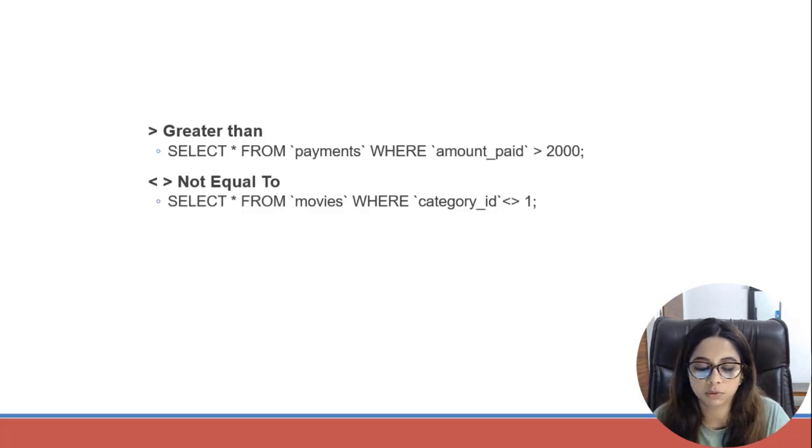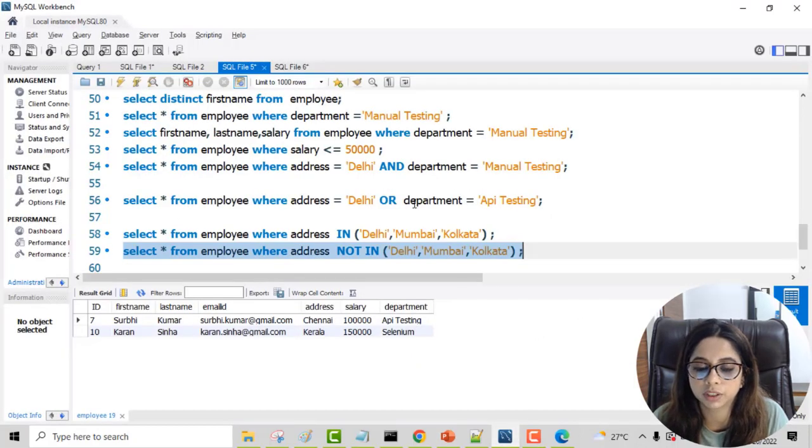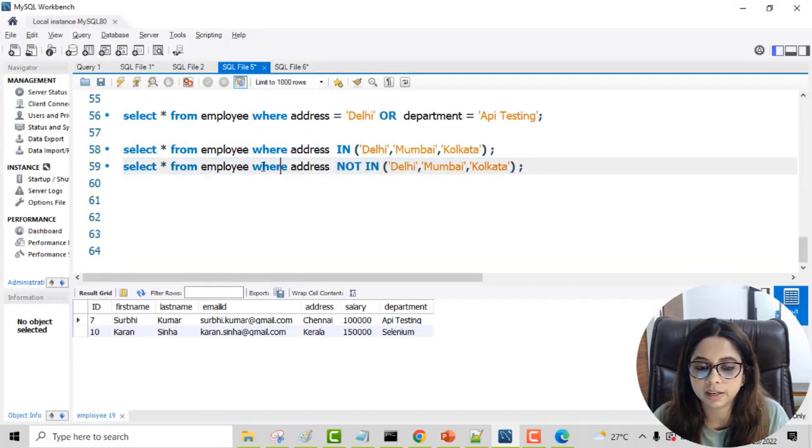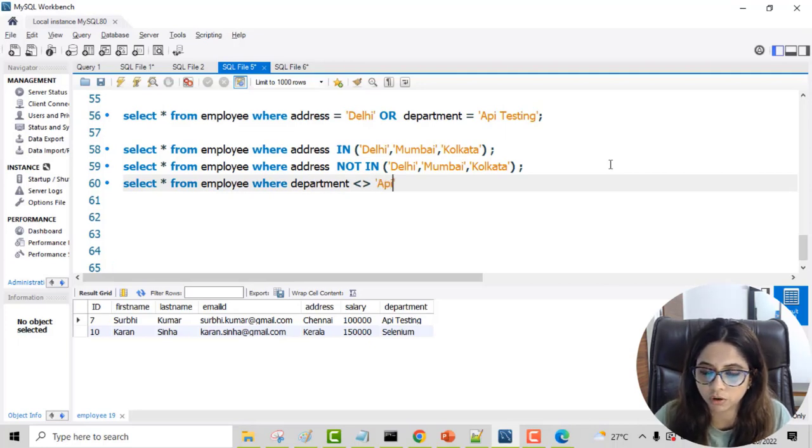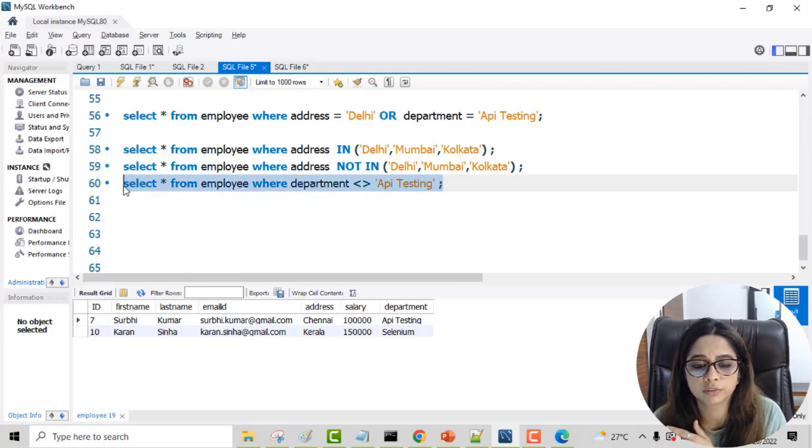So in our table what we can do is not equal to, we can quickly write select star from employee. So you want to see the list of people except for API testing. With department, then you can do not equals to and department name, which is API testing. So you want to see all the data except API testing. So you can run this query and you can get the results accordingly. So not equal to is also helpful in case you want to check one particular